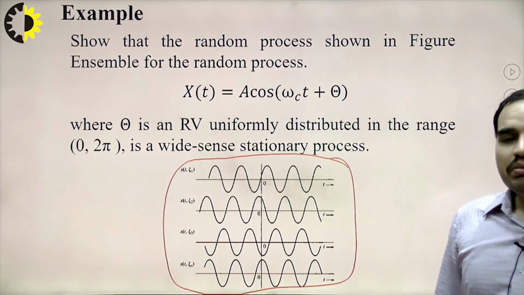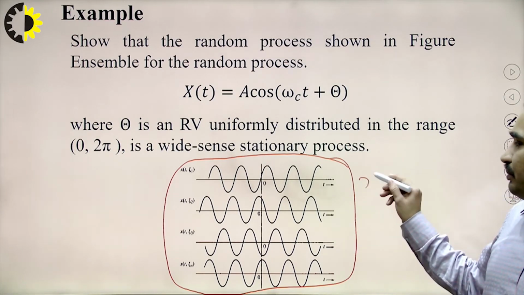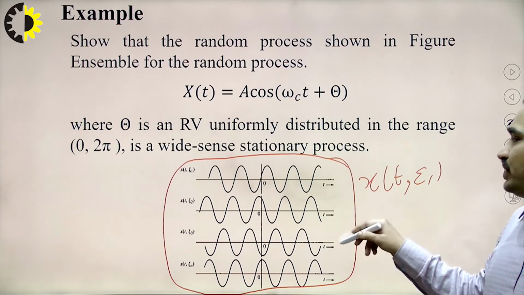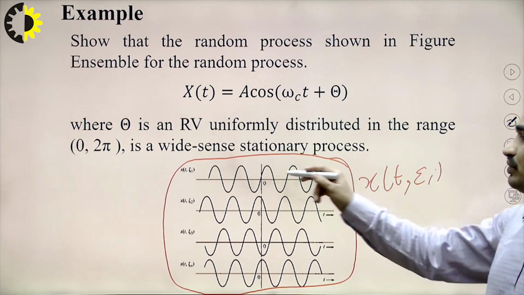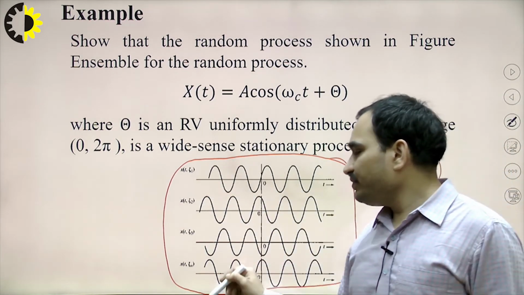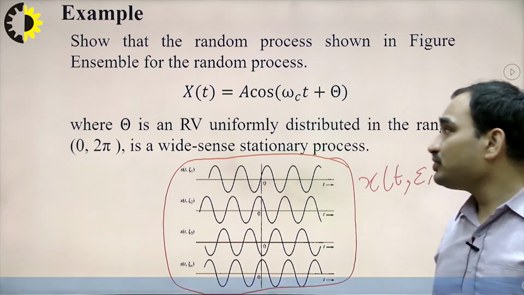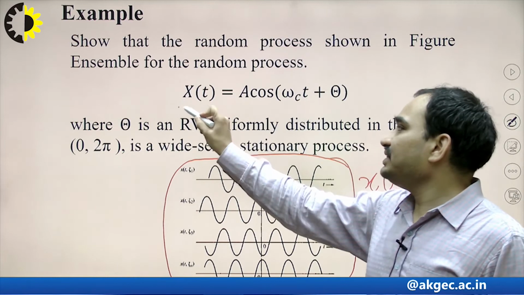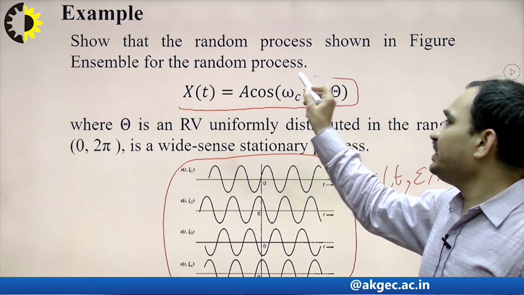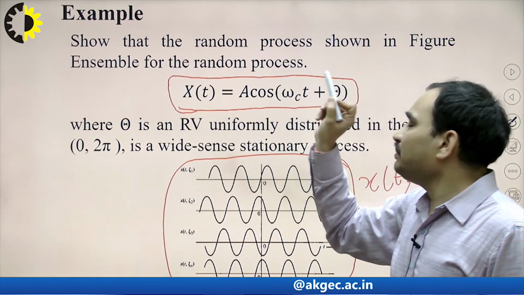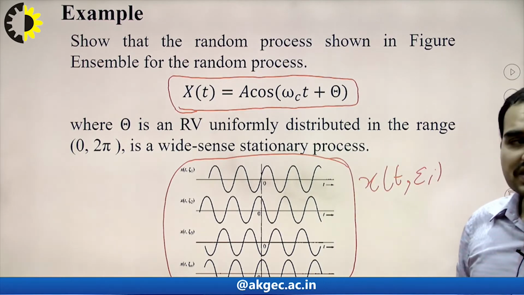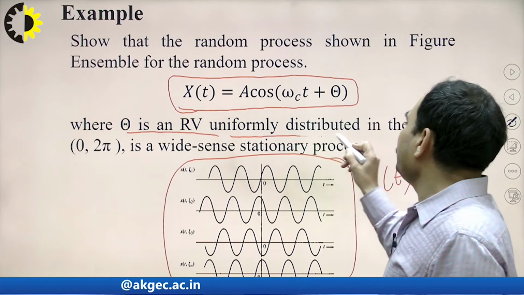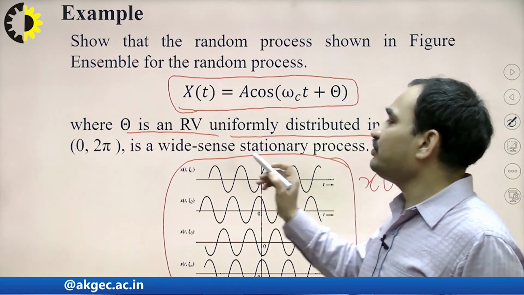That is the ensemble of the random process, and this is given by x of t. At times 1, 2, 3 we have different waveforms, so 4 different waveforms we have. And here it is written that this waveform x of t is given by the function A cos of omega c t plus theta, where this theta is a random variable uniformly distributed in the range of